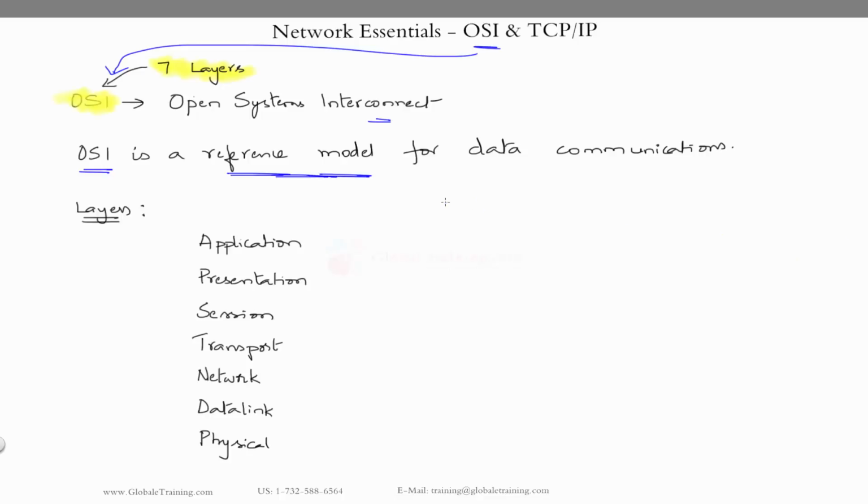So in OSI, we have 7 layers. So these are the 7 layers. The numbering always starts from the bottom. When they say layer 1, it's always the physical layer. So 1, 2, 3, 4, 5, 6, and 7. Application layer, presentation layer, session layer, transport, network, data link, physical. So let me put the alphabets here: A, P,